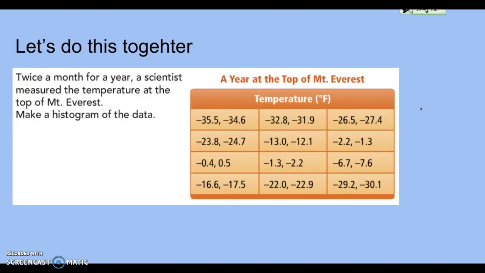All right, now look at this one. Twice a month for a year, scientists measure the temperature at the top of Mount Everest. Make a histogram of this data. So the first thing you should do here is take these temperatures and order the temps from least